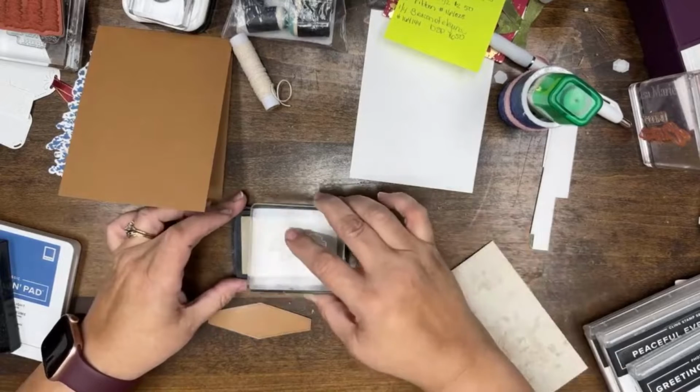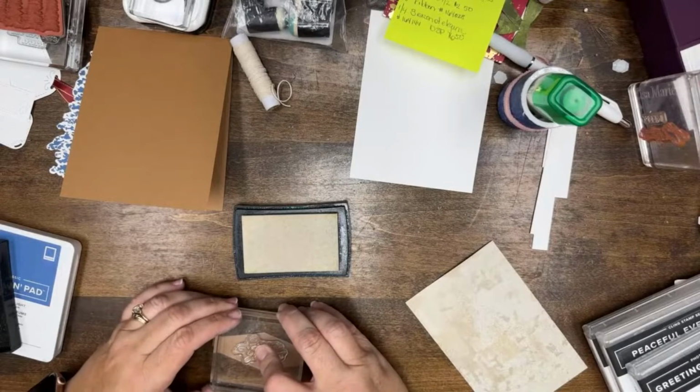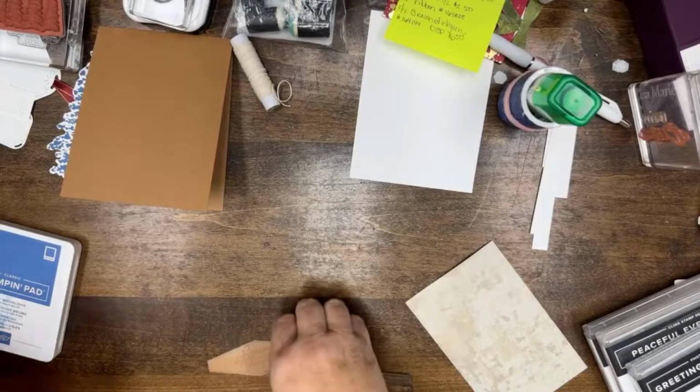My Versamark looks gross, I know. I do in-person classes, a lot of them, and so it gets used a lot, and it gets all speckled. And then we're gonna grab my generic tray